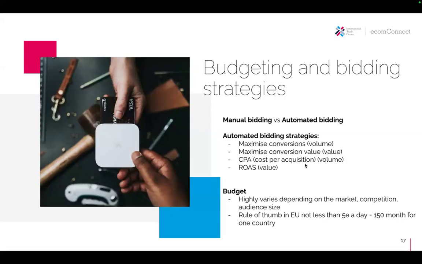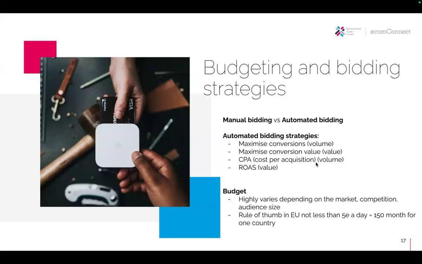The CPA one is then cost per acquisition. So I will tell Google, get me as many as possible, but I will set a ceiling for you on how much I am willing to pay for this conversion. So let's say I put my CPA at $3. I'm not willing to pay more than $3 for someone to download my newsletter, because otherwise I can't just be paying $3 every time somebody visits.